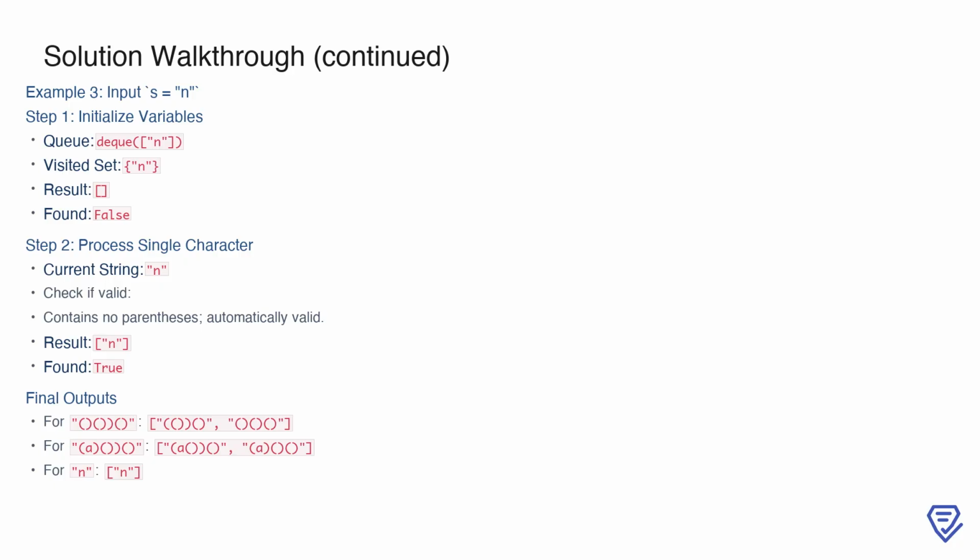Since there are no parentheses to consider, the string is automatically valid. It is added to the result list, and the found flag is set to true. At the end of all three examples, the outputs are as follows. For the first example, the valid strings are, and for A, the valid strings are A, and for N, the output is simply